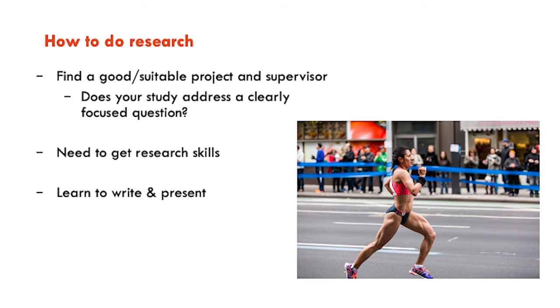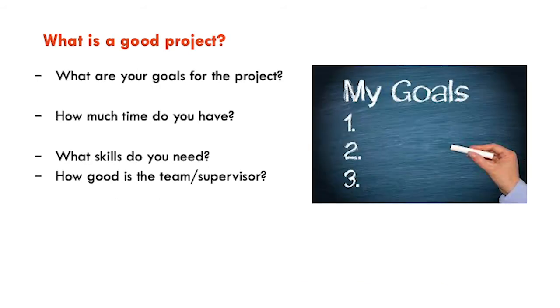Often writing and presenting is something you may not have had that much experience with, and these are skills you need to develop to have a successful project published. For a project to be successful, I think it's critical to think about what your goal is with being involved